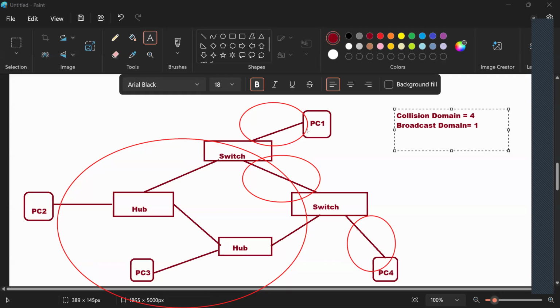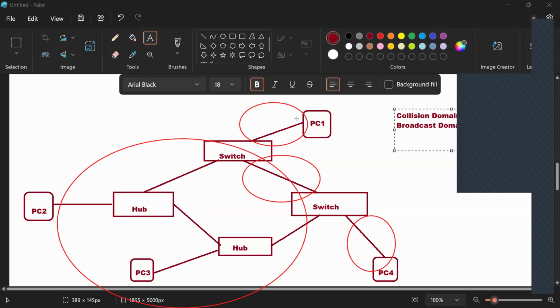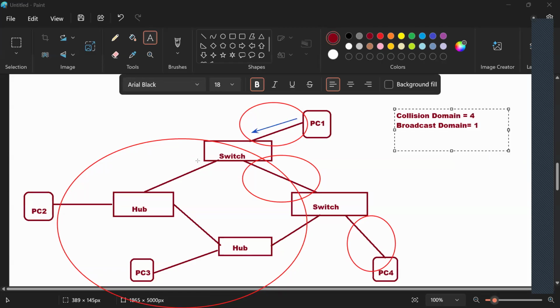So if there is any broadcast on any port, what will happen? Generally, how do we define a broadcast domain? The part of the network where broadcast messages can travel, right? Let's say this guy generates a broadcast. This switch will forward it through these ports. Then the hub will do what?